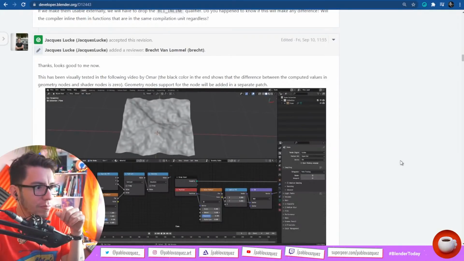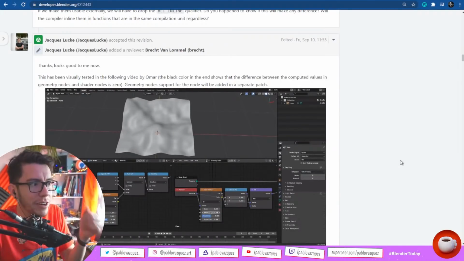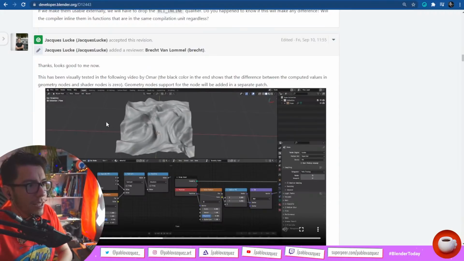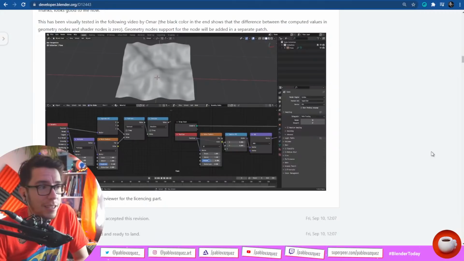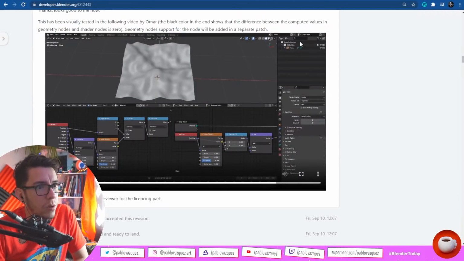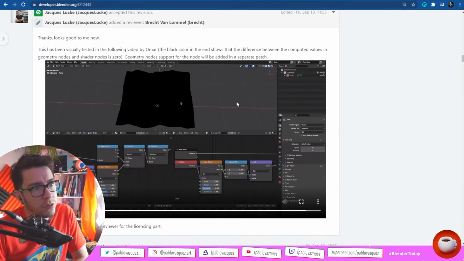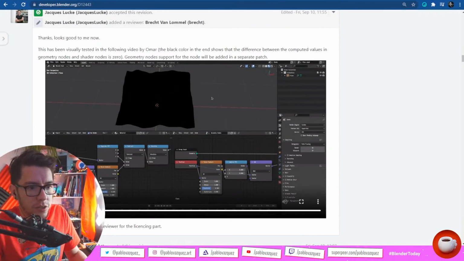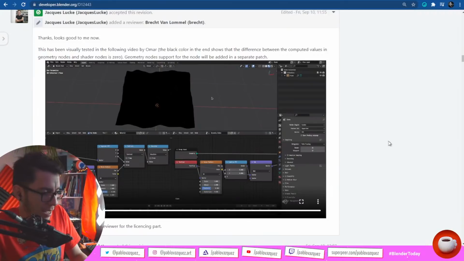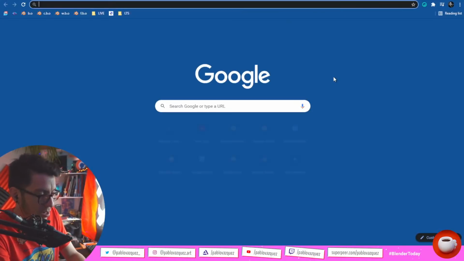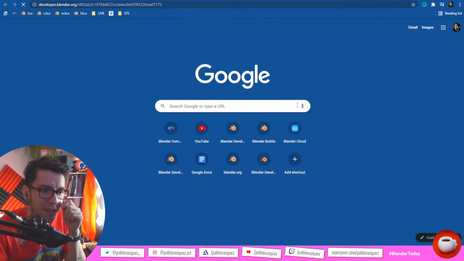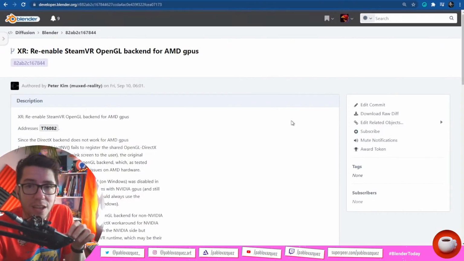So comparing the different noises and how they look in geometry nodes, and also how they look in the shader. So I think now it changes to the viewport, and this is how it looks. So it matches. Okay, last but not least,